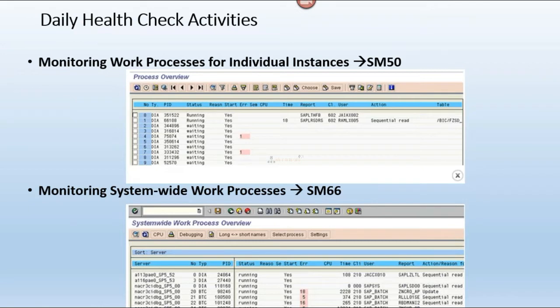Okay, that is one point. Or maybe this work process is calling another RFC, one RFC connection. Then what will happen? It will call the RFC, and that RFC will be executed again using a work process, right?